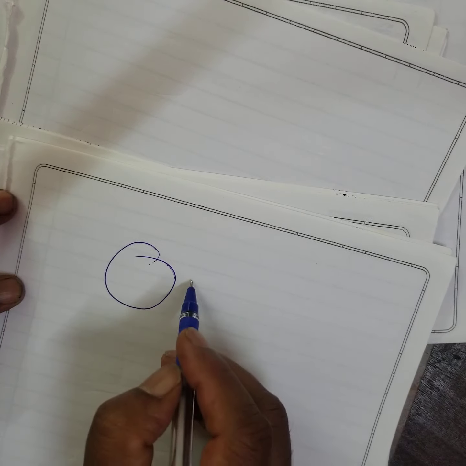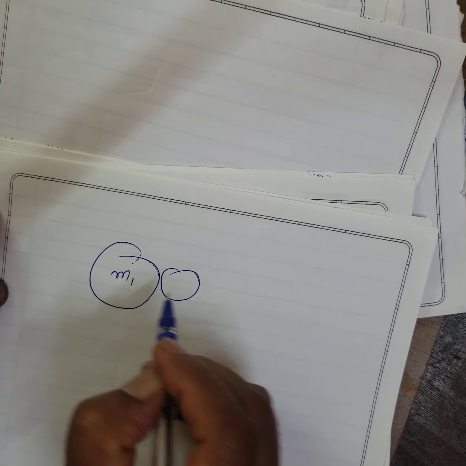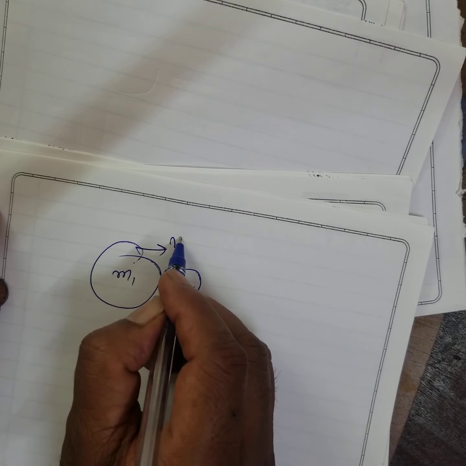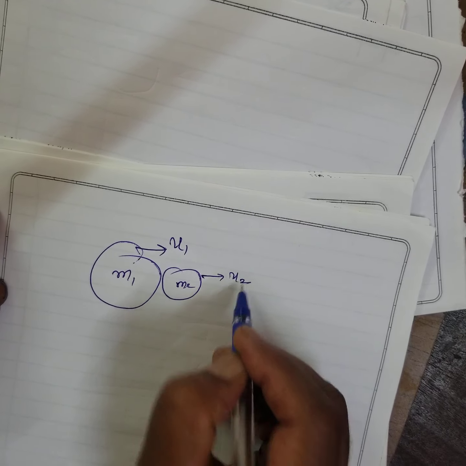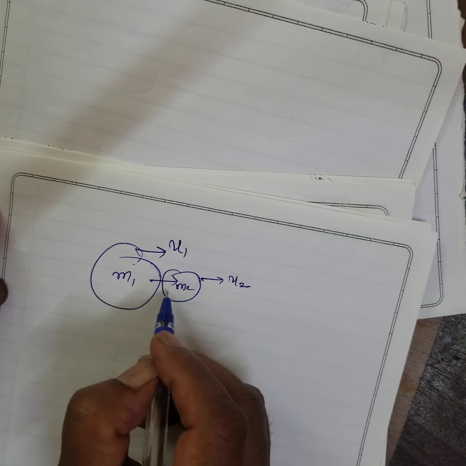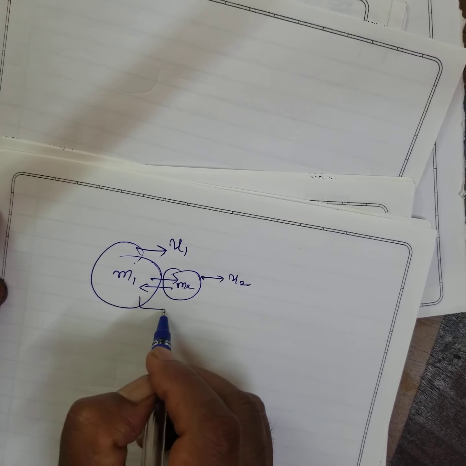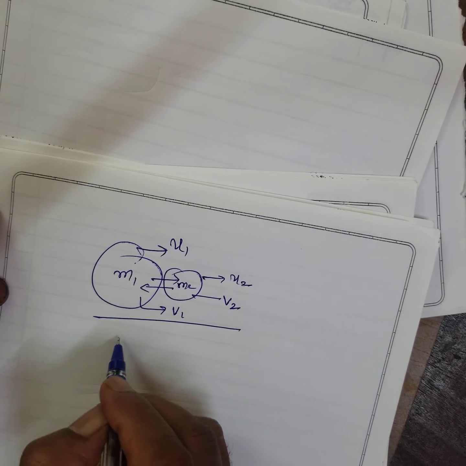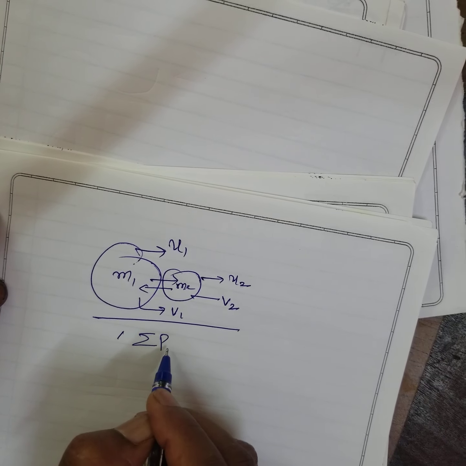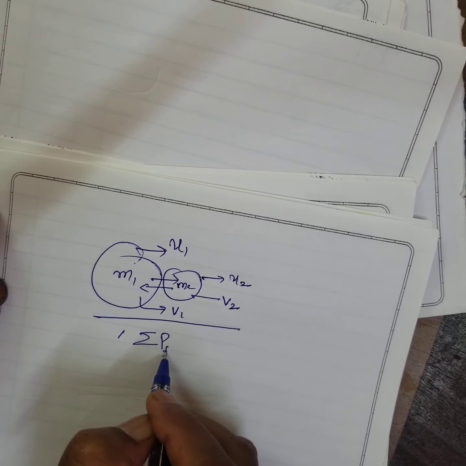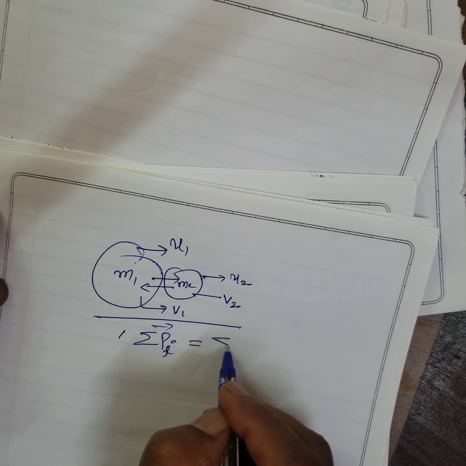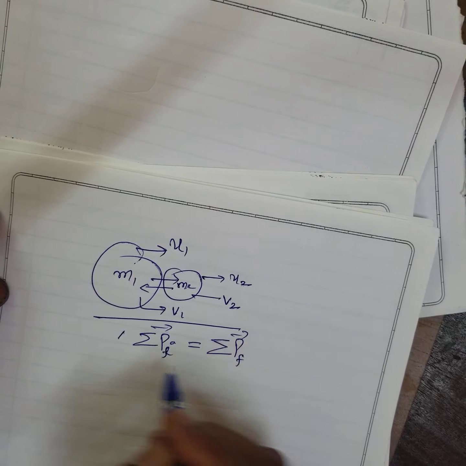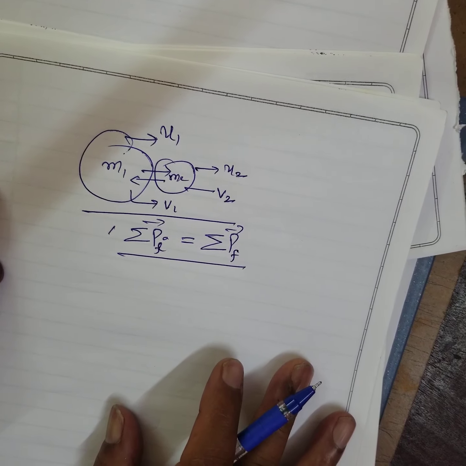Just go through this. And also the law of conservation of energy I have to do. What is the law of conservation of energy? As I do the problem, I'll tell you. This is M1 and M2, moving with velocities U1, U2. After collision, action and reaction take place, and the velocities change to V1 and V2. Now the total momentum before collision is equal to the total momentum after collision. It's called the law of conservation of momentum.